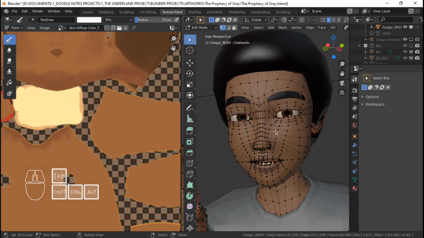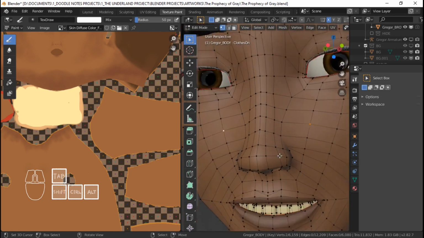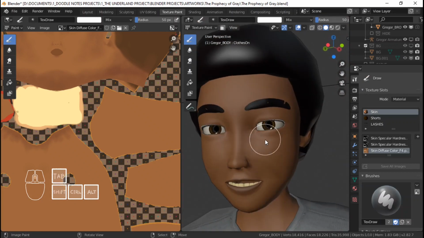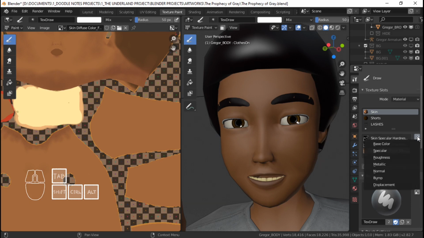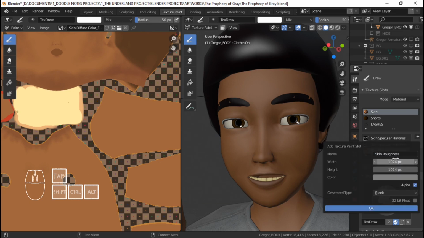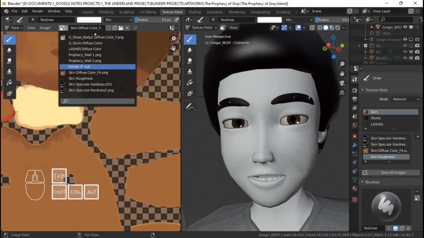And tab to edit mode. Let me just period on that whole face there. So we have our viewport rotating on that spot, and I'm going to add a new texture. Make it skin roughness, because I'm going to add sweat, and I think it's the skin roughness that I need to manipulate to do that. And I need to make this 2000, probably 2000. Make the color white, 32-bit float, I guess. And okay, let's open that here as well. Skin roughness,